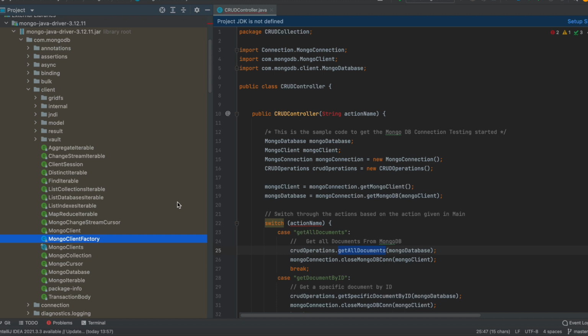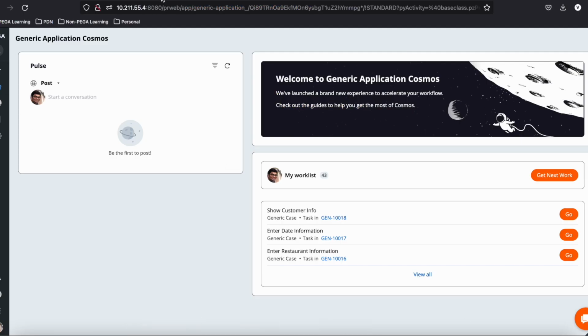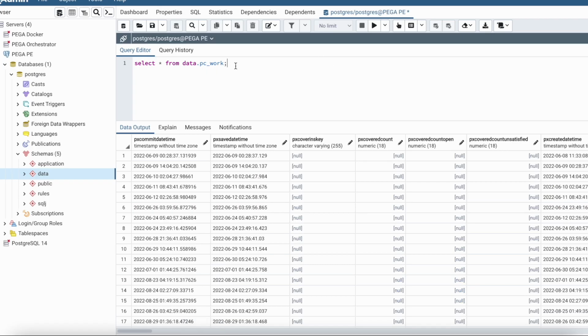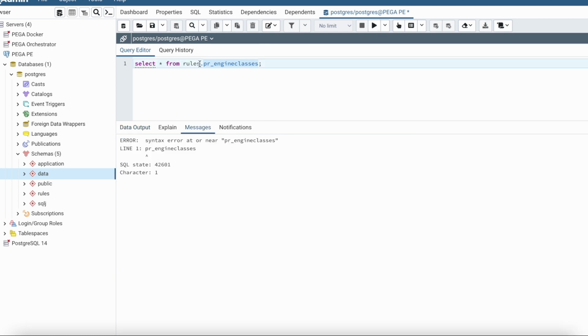Now the first thing I would need to do is figure out whether these are already present within PEGA. So how do I do that? In PEGA there is a table, I'll explain the table first. The table name is called PR underscore engine classes. Let's do a query on it. PR underscore engine classes gives you its rules, but then select star from,